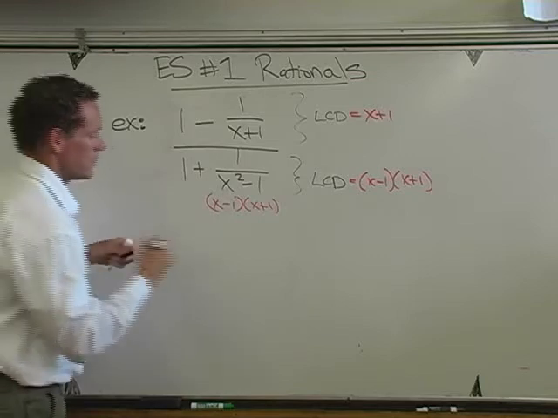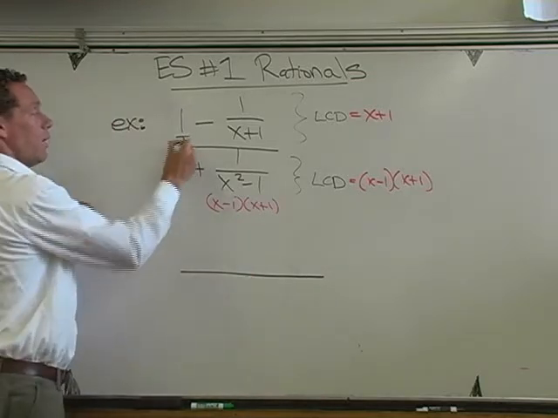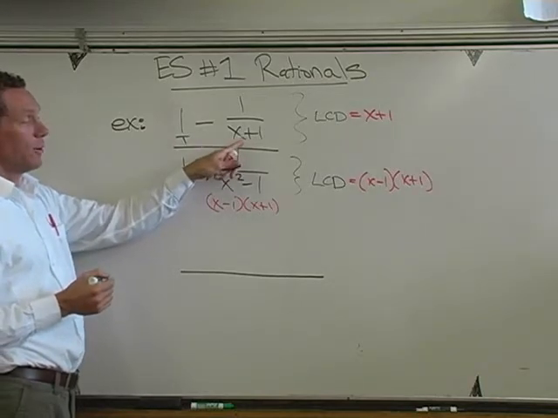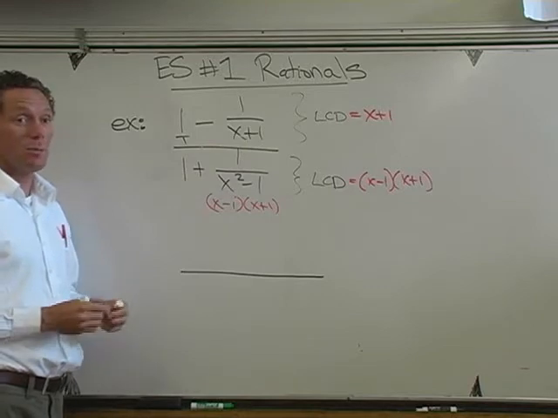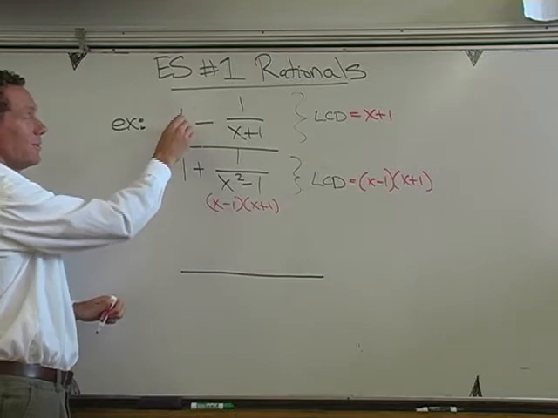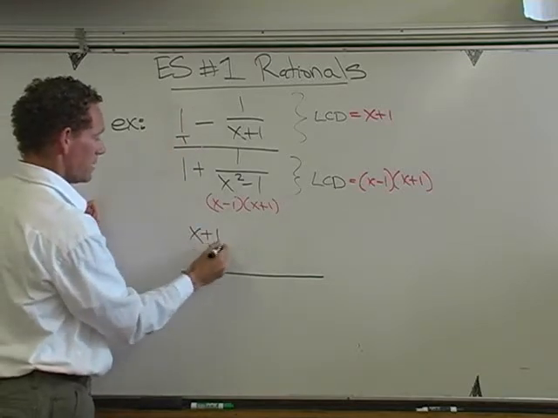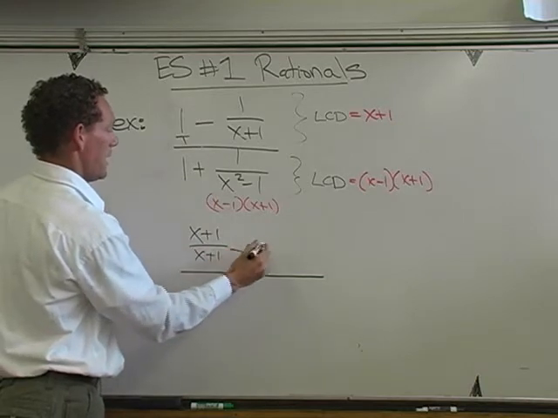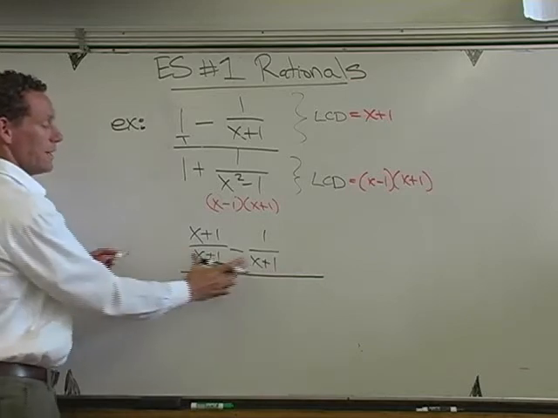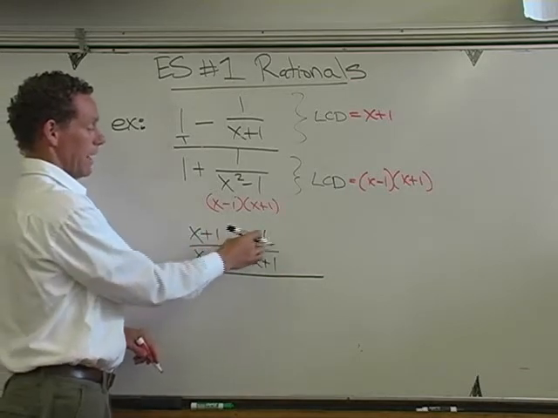So what we're doing is just converting. We have 1 over 1, and if we were converting that to a least common denominator where the denominator is x plus 1, what would we, Lizzie, what would we convert this to? X plus 1 over x plus 1. Very good. So x plus 1 over x plus 1 and minus 1 over x plus 1. So we've converted. Now we can combine, and in the numerator we would just have x plus 1 minus 1